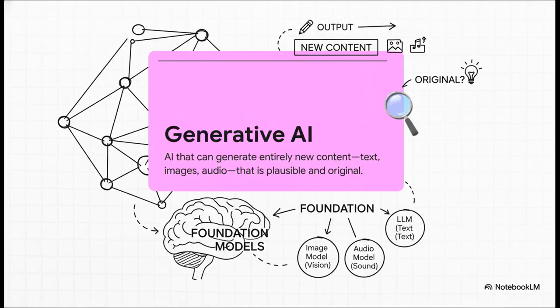So what makes generative AI so different? It's all about the output. It doesn't just analyze or predict, it creates. It makes brand new, original stuff, text, images, code, you name it. It's often built on what we call foundation models. Just think of these models like a brand new grad with a ton of general knowledge. You can then take that generalist and fine-tune it to be a specialist at all sorts of creative tasks.